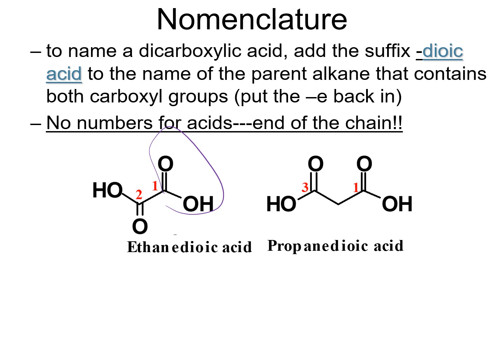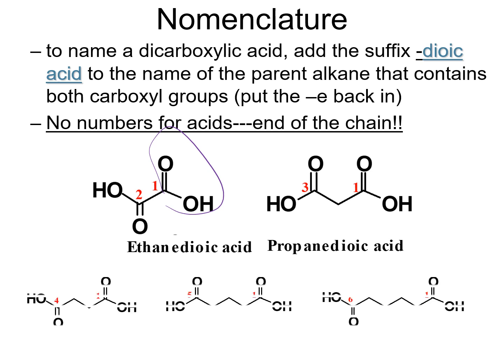All right, so if there's 2 alcohols in the same molecule, I said alcohols, I meant carboxylic acids. So here we go, this one has 4 carbons, and so we would call it butane dioic, pentane dioic, hexane dioic. Now you might be saying to yourself, well, what if there was a branch? So if there's a branch here, we'll make a methyl there, and we'll make an amino here. Okay, so this would be 1, 2, a 2-methyl